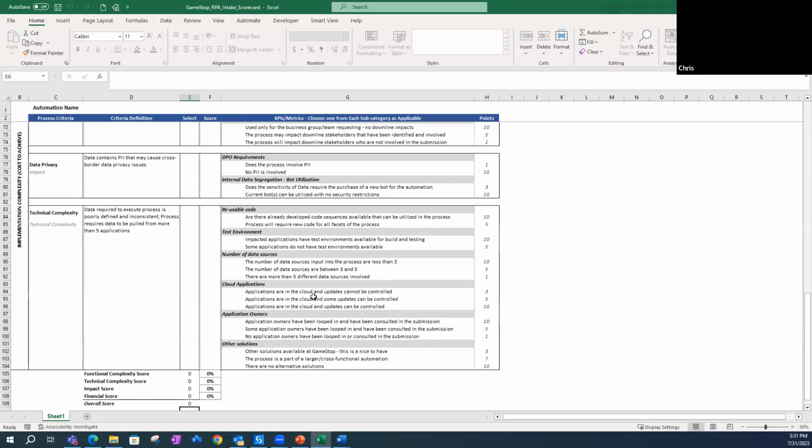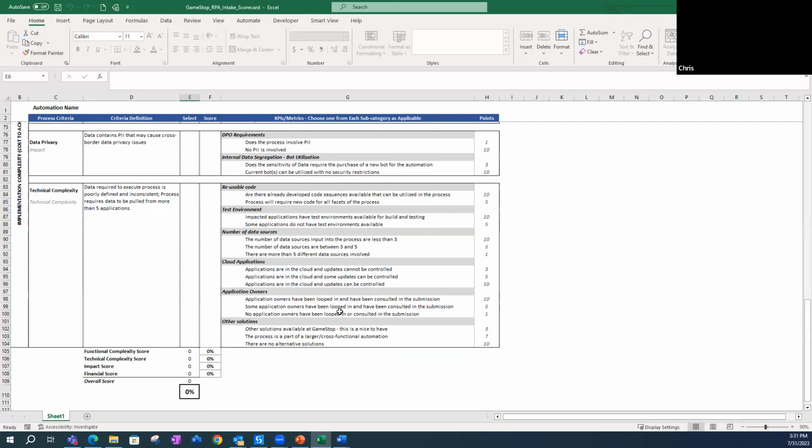Is it cloud-based or is it on-prem? There's not many on-prem anymore as we're all moving away from data centers. Your application owners, have you talked to them? If you have a third-party application owner, have you told them you're going to be bringing a bot into their